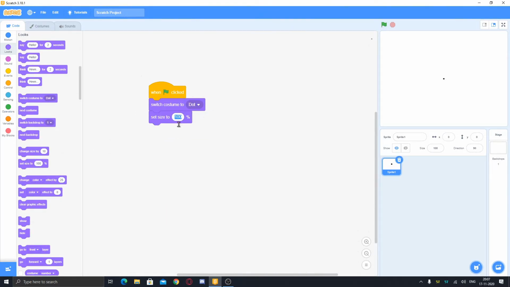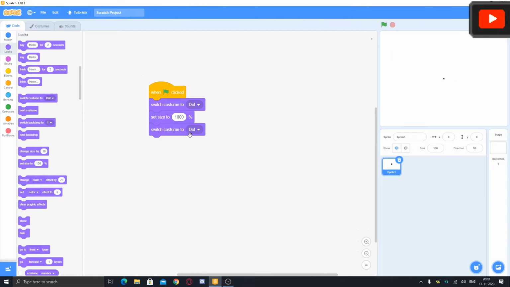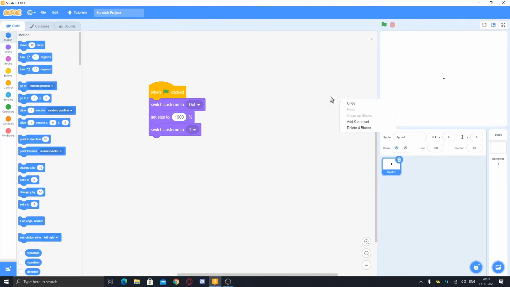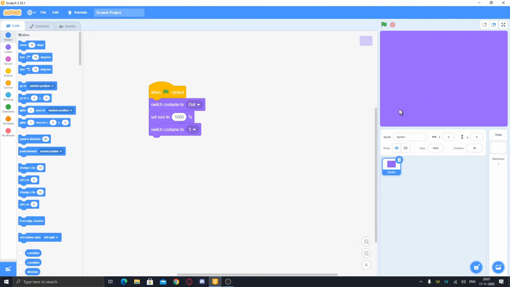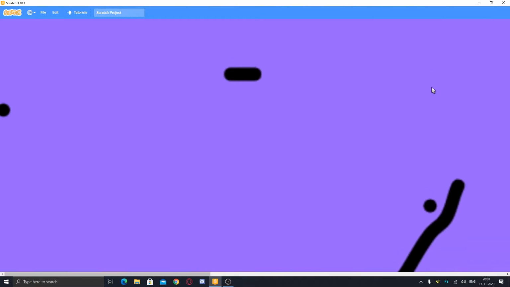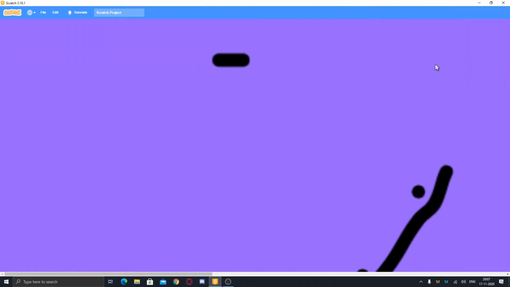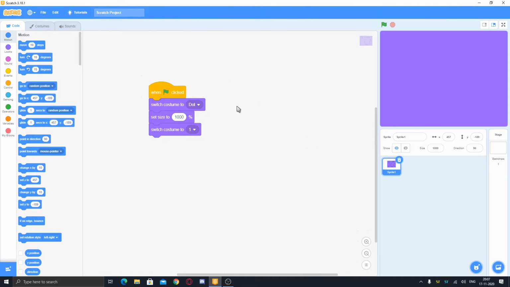Then you can just set size as you want. I'm setting it to 5000 or say 1000, and now you can switch to costume 1. So now you can see this is way bigger than what we thought. Here you can see this is now visible in Scratch when I just drag it, but we don't want this.